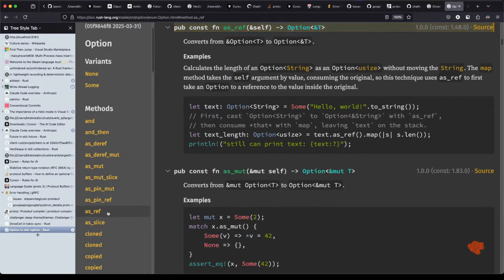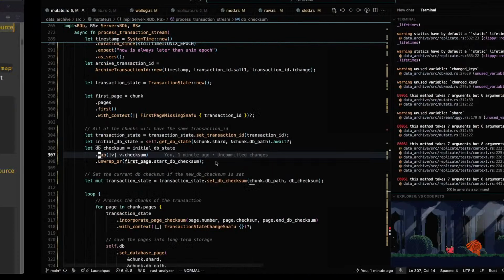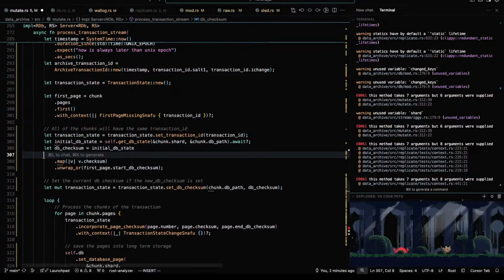Say as ref. And then do that. So then this is a reference, which then works. Okay.